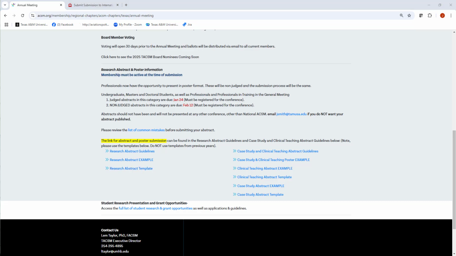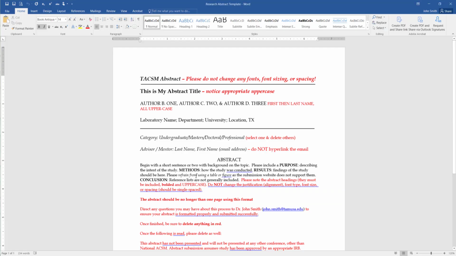When you click on that template, you will get a Word document that will open up. It looks like this. We just simply need to follow the directions that are on these templates in red. So it may be that you're going to type your abstract into the template, and that's perfectly fine. For example, if you're going to start the title, just highlight the title and type in your title. Make sure that it is first letter uppercase,